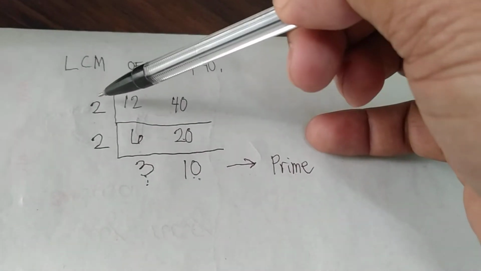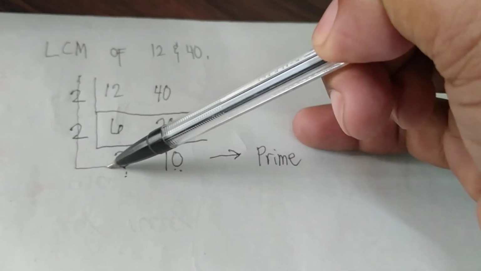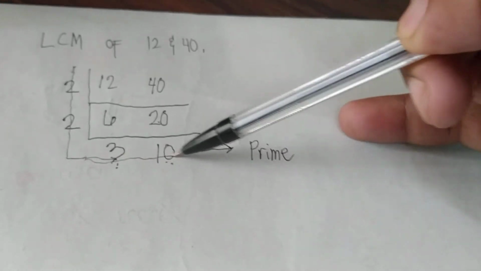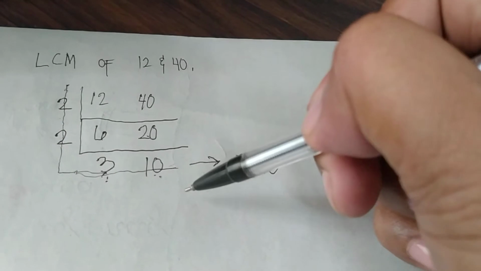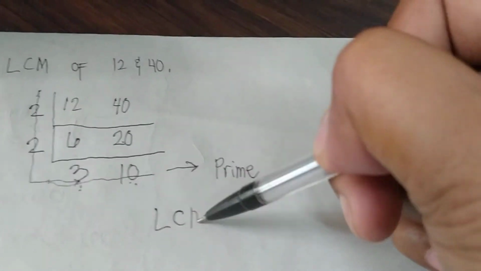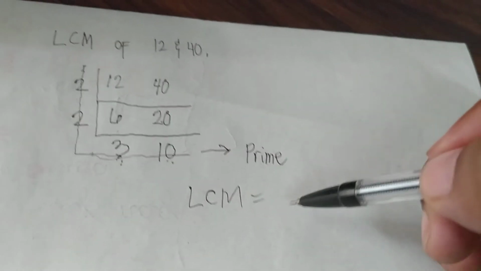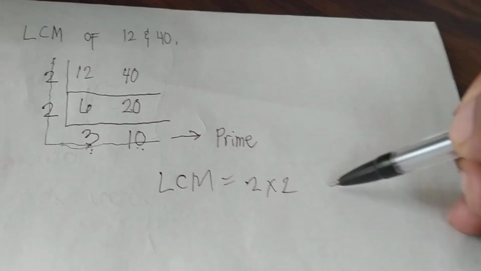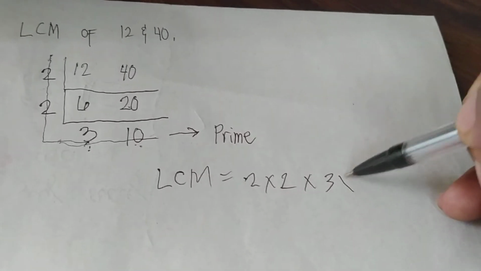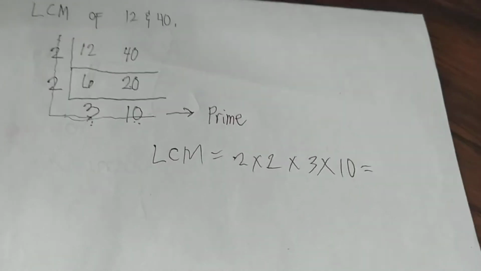And then take note of the numbers around that form the letter L. It forms the letter L, and that means that is the least common multiple. We will multiply all the numbers that form the letter L, so we have 2 times 2 times 3 times 10. And this is now the least common